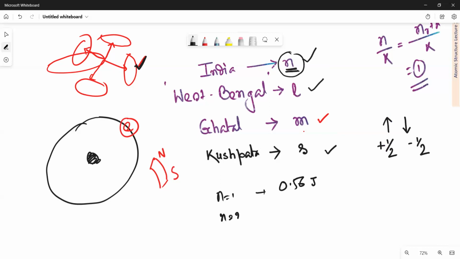Now, if you tell n equal to 2, I will say it is 1.62 joule of energy. Then n equal to 4, I will say 2.72 joule of energy. These numbers are arbitrary, just for example. n equal to 4, 2.72 joule of energy. So it means that if I am thinking that